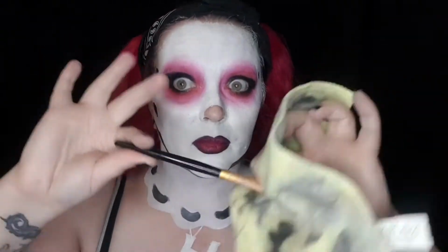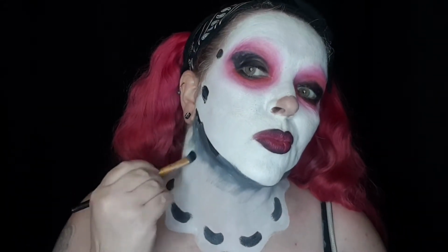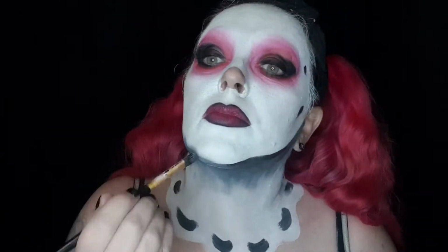Here we go, dab dab dab. Make sure it's not too wet and gloopy. And then you just bring that colour down, pull it down nice and gently, and allow it to mix with the white face paint. Make sure you are regularly dabbing that brush off because you don't want it to get too clogged up with the black face paint. And then we're going to go to the jawline and just work it slowly up and